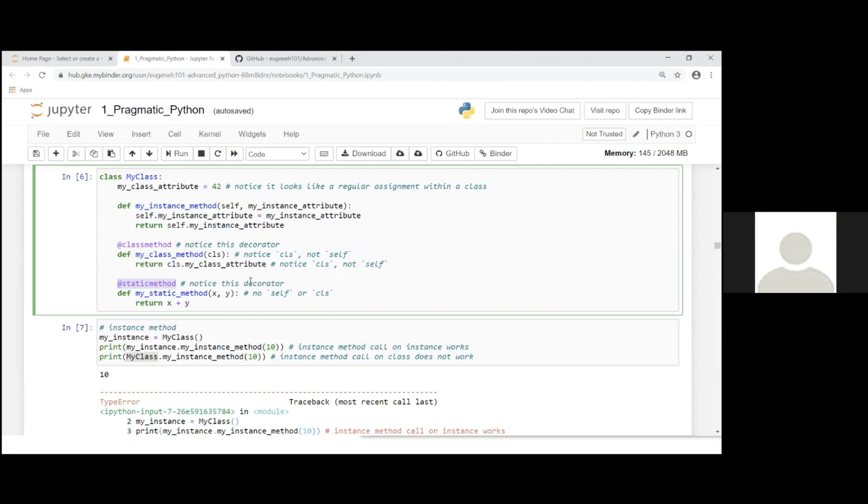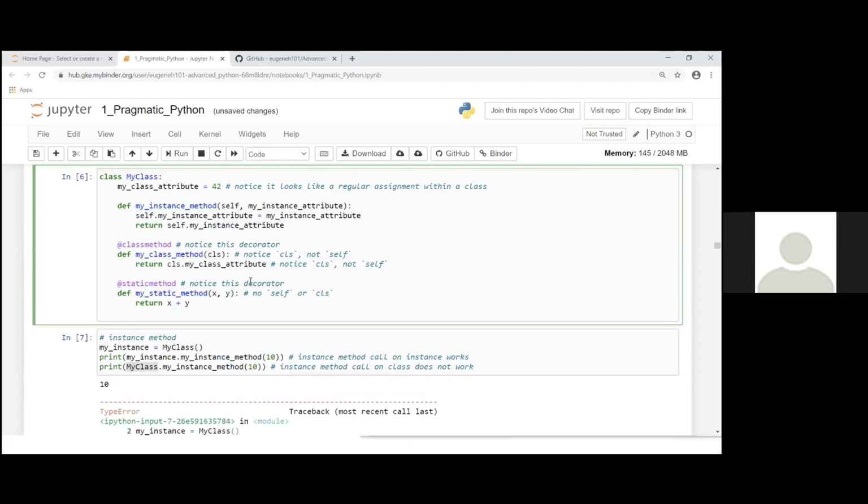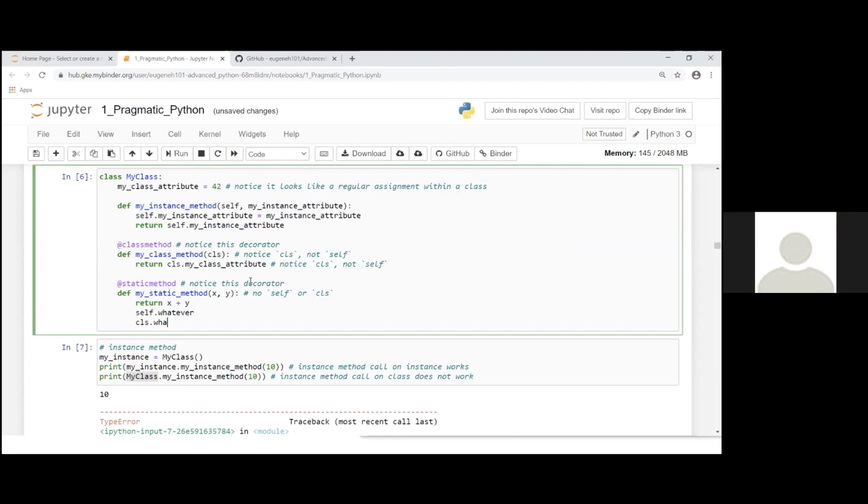Pretend as if this method has no understanding of either the instance or the class. So this method cannot do self dot whatever, and it cannot do cls dot whatever, because this static method has no understanding of the instance or the class. The arguments are just regular arguments.